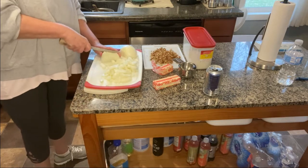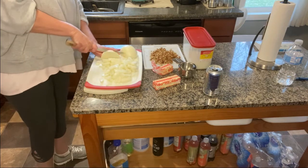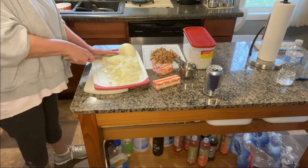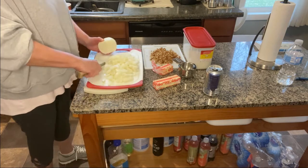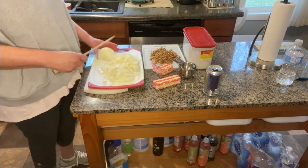This looks like a lot of onions, but it does cook down. And like I said, I use this for multiple recipes that will get taken care of today and put in the refrigerator for tomorrow. And I know I'm doing a lot of cooking for just 2 people, but it is a holiday and